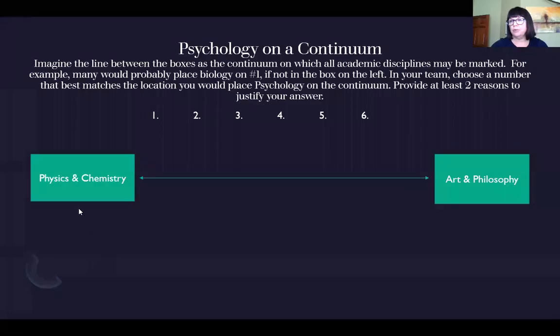So we put psychology on a continuum. One side of the continuum is physics and chemistry, and the other side is art and philosophy. And after reading that prologue, we have a little more information on how psychology is viewed. And so in groups, we decided where psychology fits on this continuum, and then we had to be able